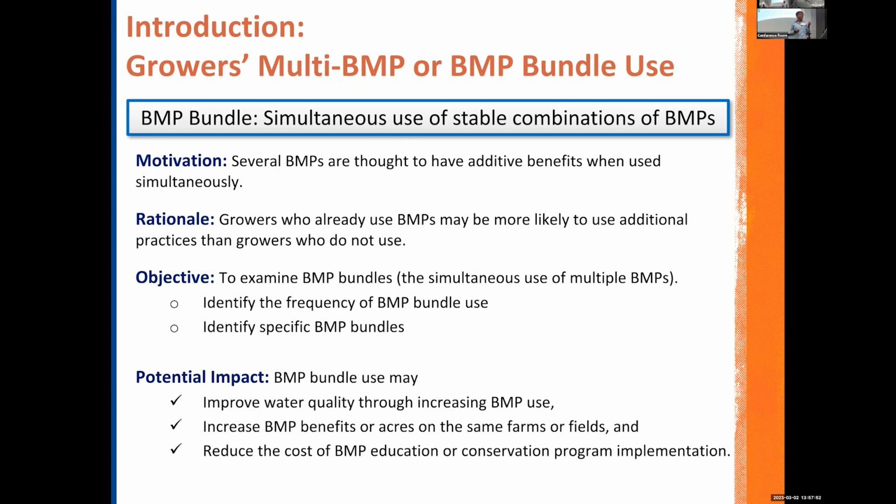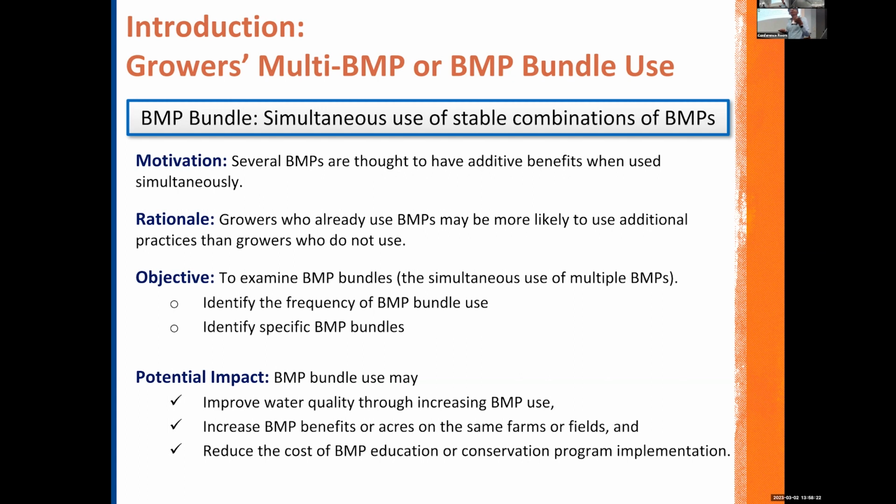So the primary motivation for things like this, the idea behind BMPs, is agriculture has their management practices, but try and make them more environmentally friendly where possible. There is intuition, there is some evidence, but not a whole lot. There isn't this whole huge body of work to say exactly what the benefits are if they're used with other practices. But the idea is that they're somewhat additive.